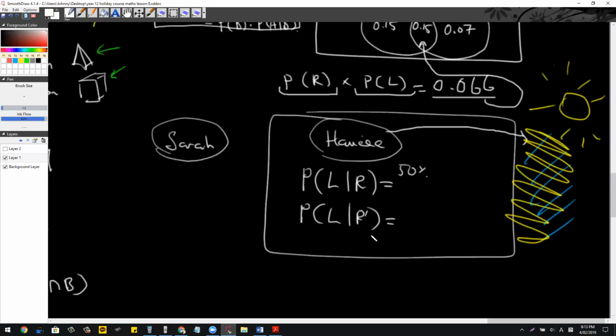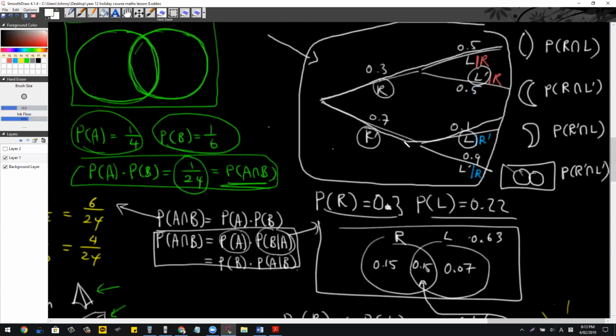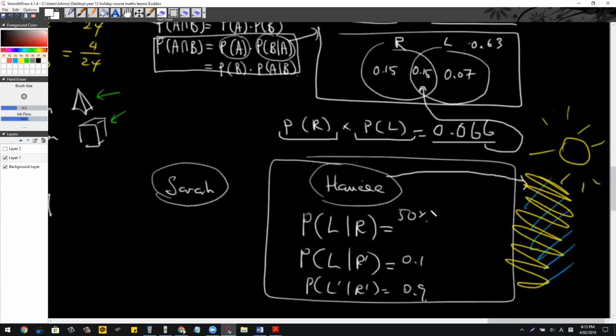The chance of Sarah being late is 0.1, just 10%, and not late is 0.9. So that's easy to understand because you have this table. But now